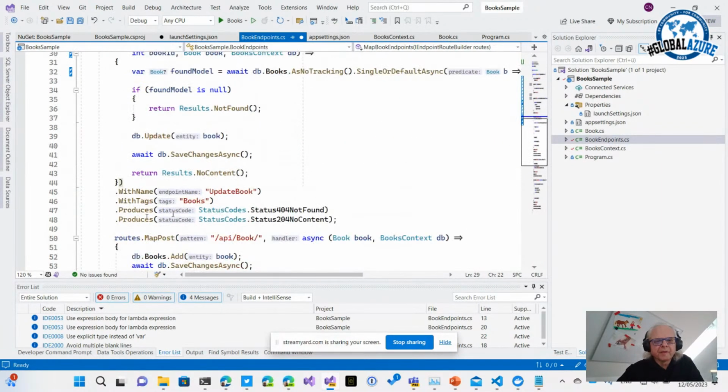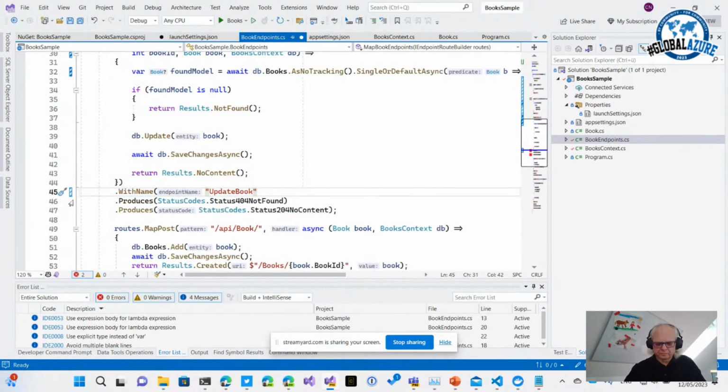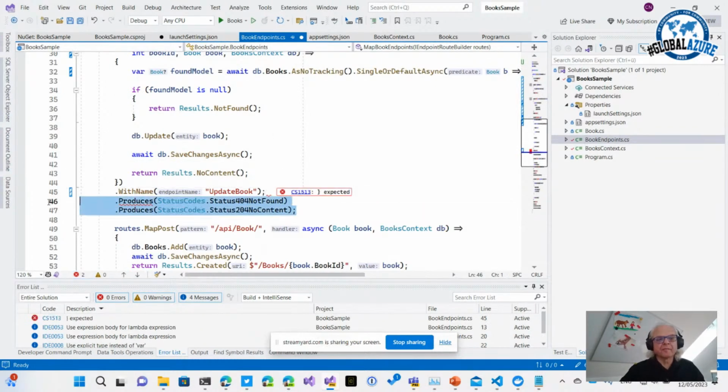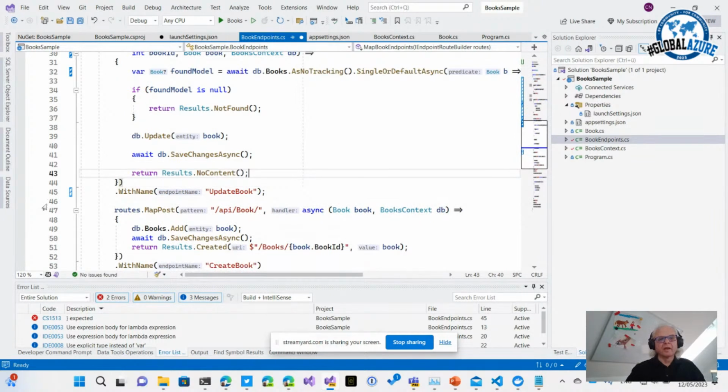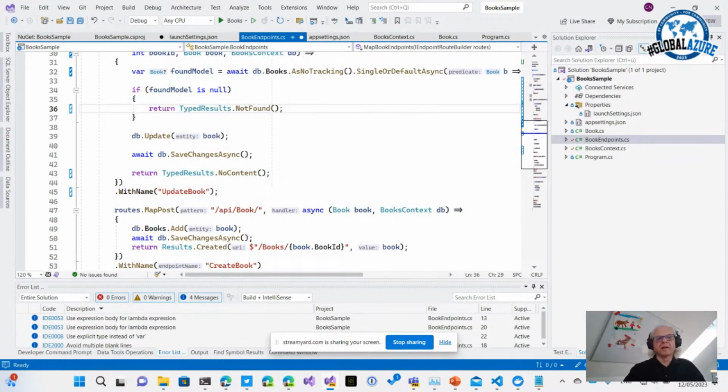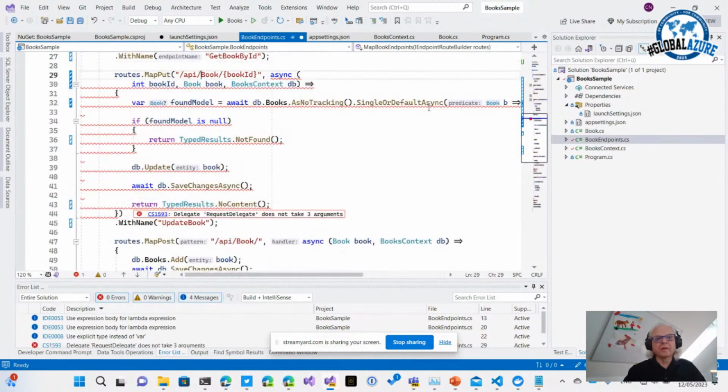And similar here, the tags can be removed. All the producers, use a typed results, no content, and typed results not found, and specify a return type,